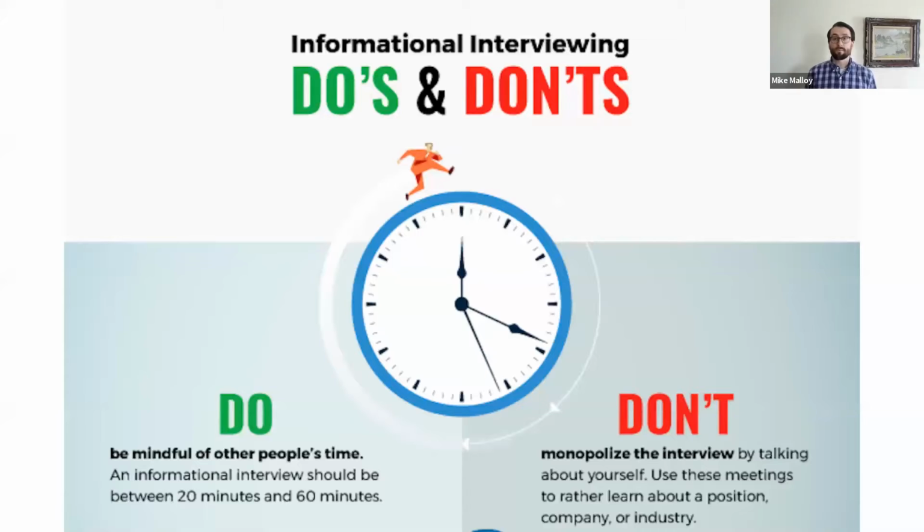First and foremost, you do want to be respectful of other people's time. You are almost always going to be reaching out to somebody above you who's higher up on the totem pole, and so asking for a 2-hour informational interview isn't really fair. I find that asking for 15, 20, or even 30 minutes of their time is totally reasonable, especially if you're willing to accommodate their schedule and availability. You don't want to monopolize the interview by only talking about yourself. If anything, you want to talk as little as possible so you can listen and learn from them.